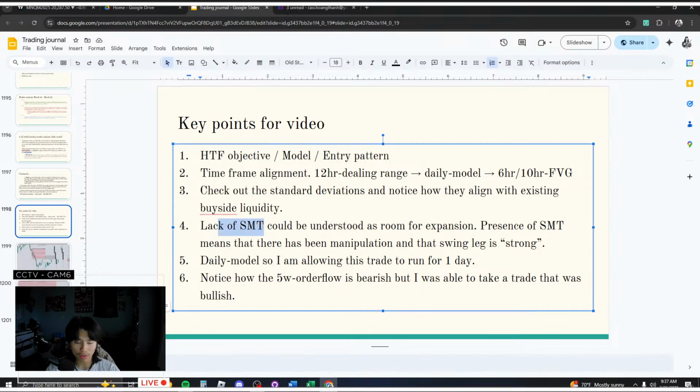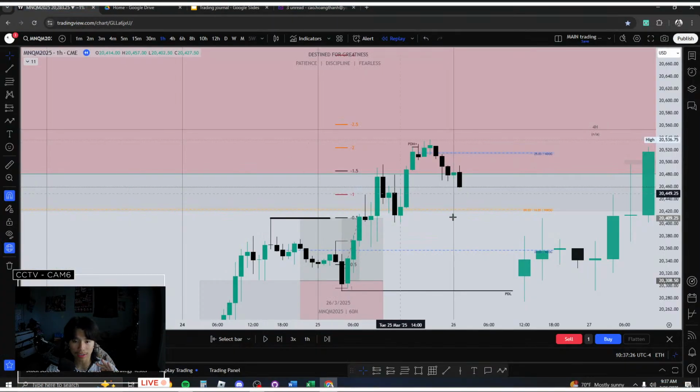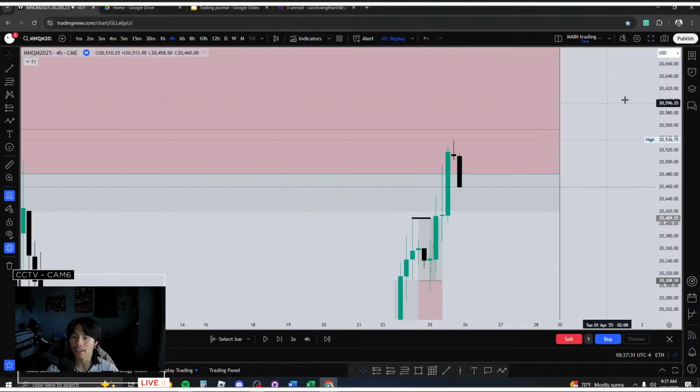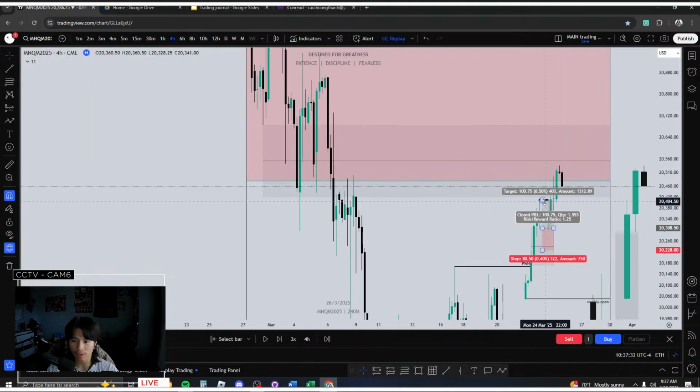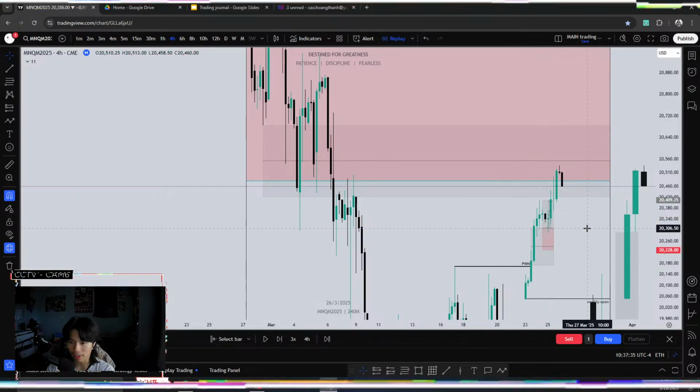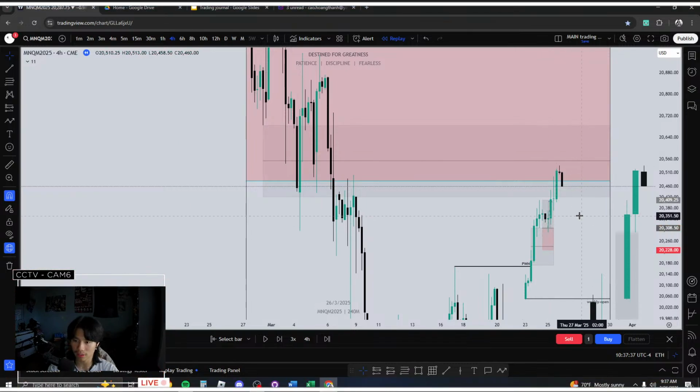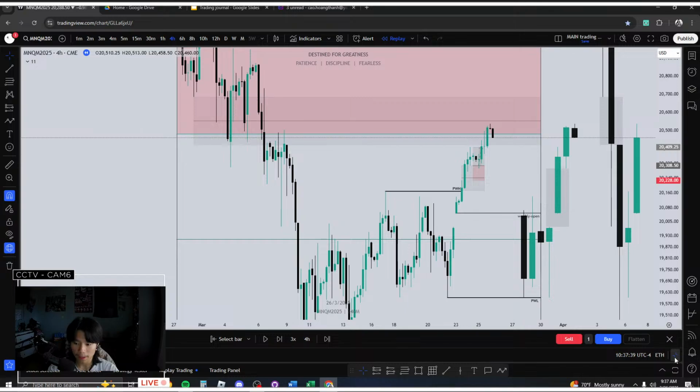Fourth, and this is probably one of the biggest confluences that I could mention for this trade, right? I guess it's the biggest confluence other than the 3 components that I look for in a trade. In this trade here, there was actually a lack of SMT. And you're probably wondering, what are you talking about? I know about SMT, but I've never heard of a lack of SMT. So